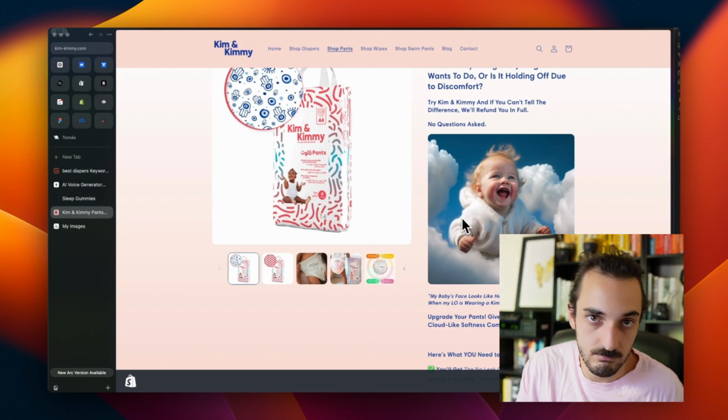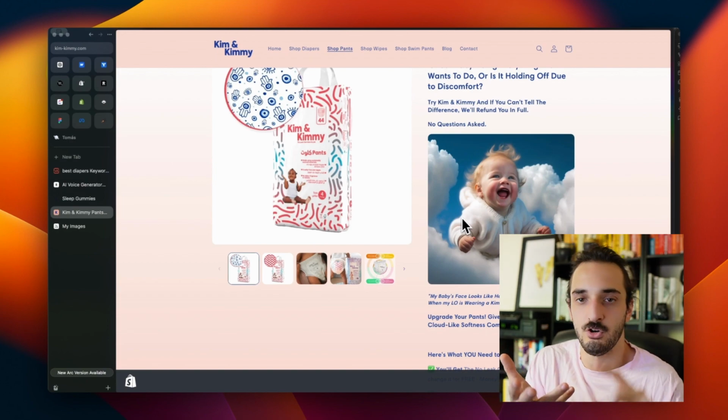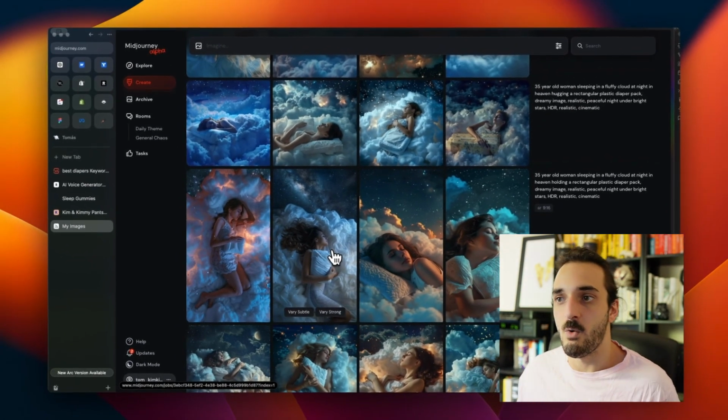And in, let's say, the 2020 world, you would basically need to hire a photographer, a studio, an editor, a model, a bunch of money to do this. Now you can create these images that drive home the point that the baby is going to be comfortable with Midjourney. So this is really point number one that I want to stress about using Midjourney, which is reflecting customer benefits. And this is just one baby kind of riding a cloud, so you can see he's very happy and comfortable, but you can also say parents are going to sleep much better once they start